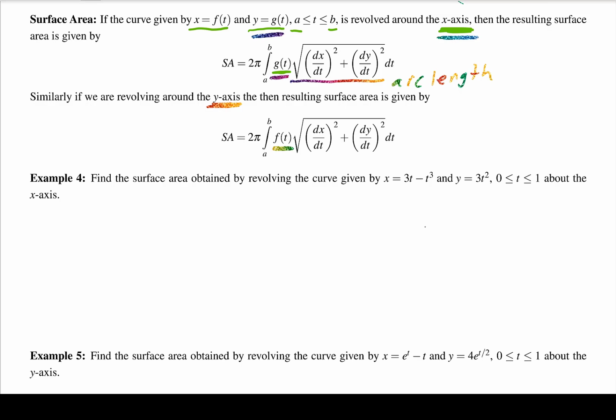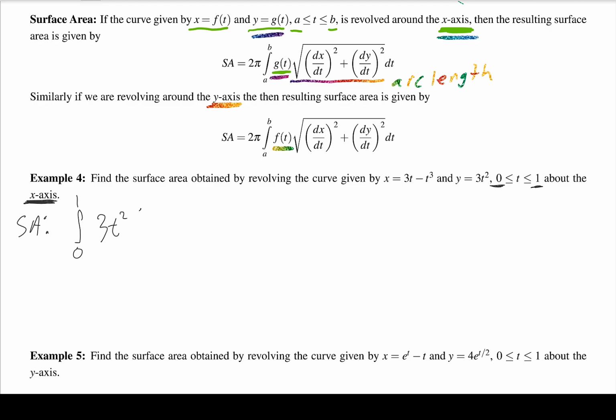Suppose we have example 4, right? We have our x and our y function. We have a range of t values. And I'm being asked to calculate surface area. So surface area is going to be given by the integral from, so we use the bounds for our t values, so we'll go from 0 to 1. Now I need to realize we are revolving around the x-axis. So that means I'm going to use my y function. So we'll have 3t squared